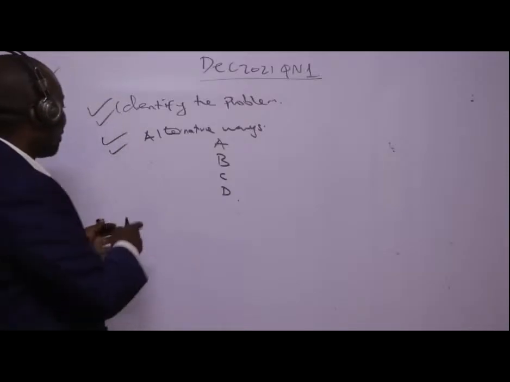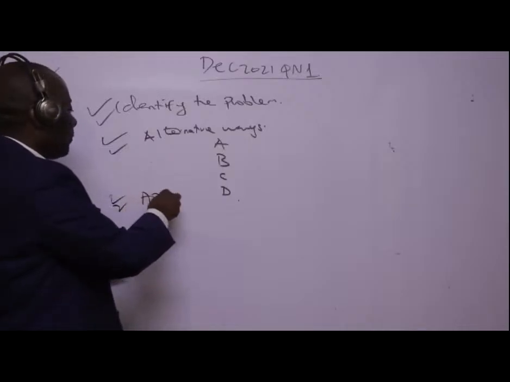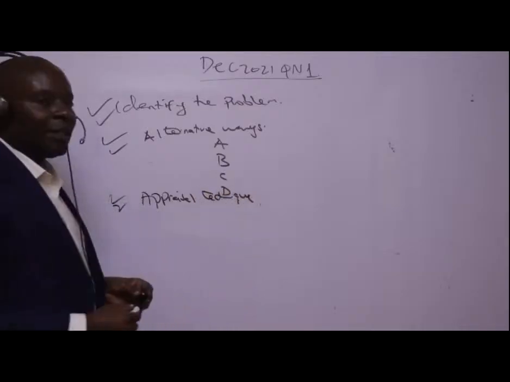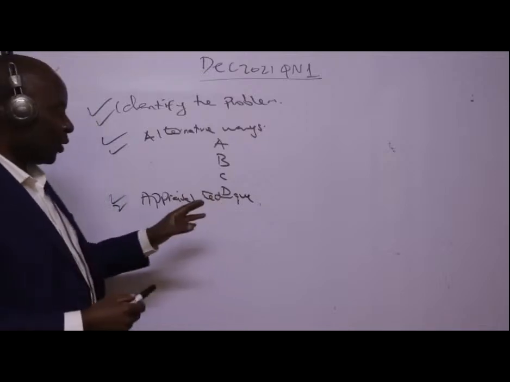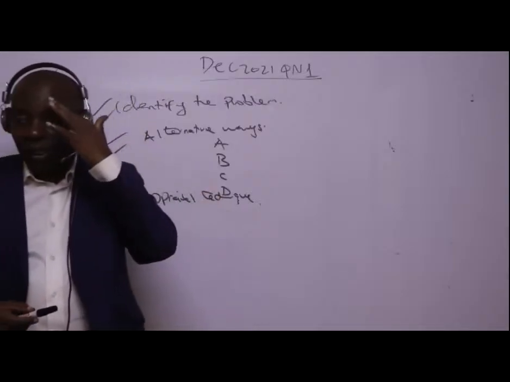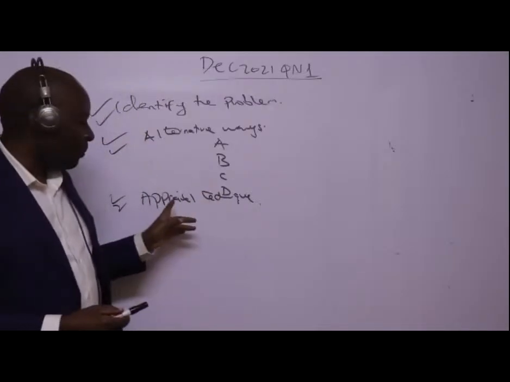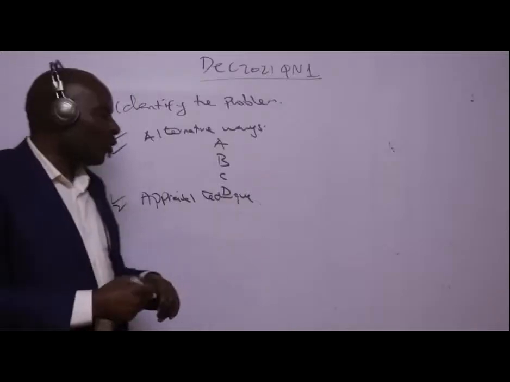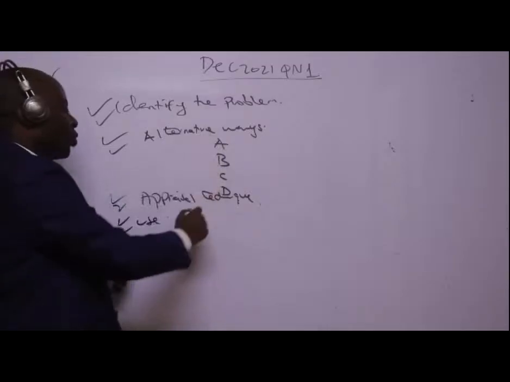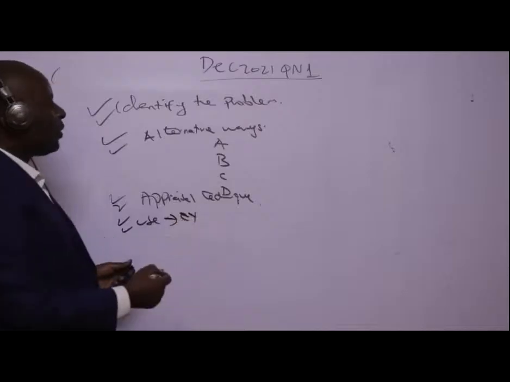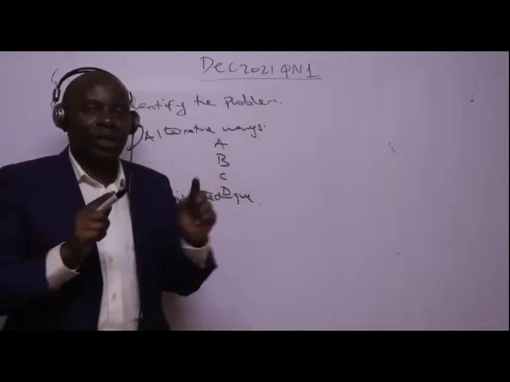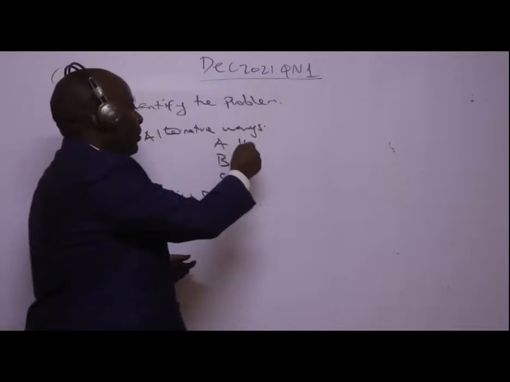From there, you'll need an appraisal technique. You select an appraisal technique. Of course, we have IRR, we have net present value. We have so many of them. Then you use this appraisal technique to evaluate the alternatives. If it's net present value, you look at, for example, cash flows. You look at this lady, she's employed, hardworking, you discount like that. You get NPV. Of course, you'll pay dowry.